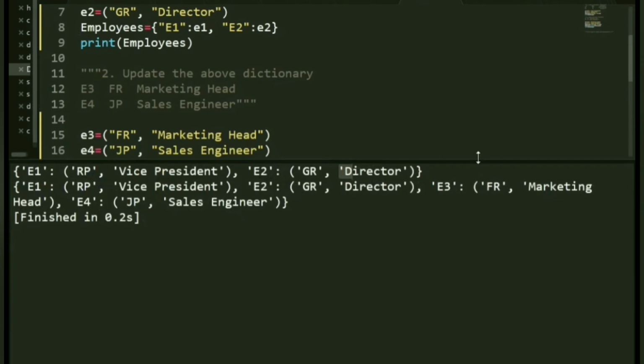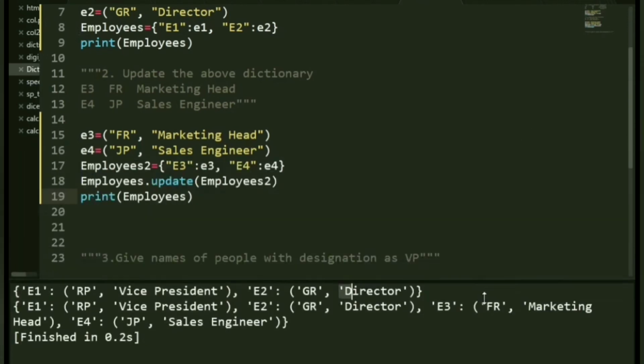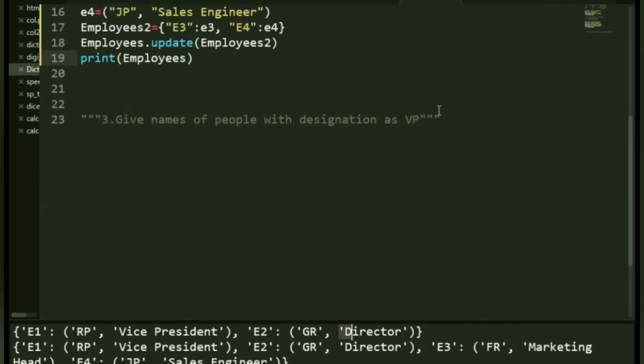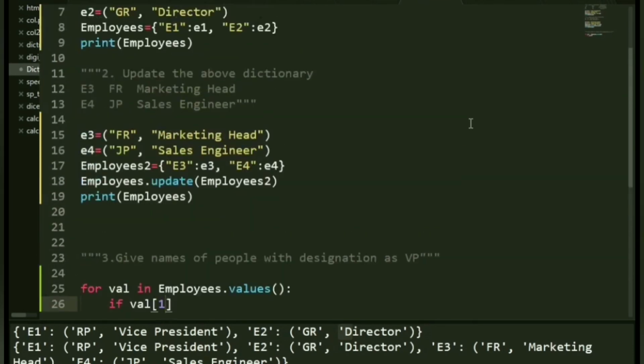Now that we have solved these two, let's go ahead with our last question. That is, I want to give the names of all the people who have the designation as vice president. So I shall simply iterate inside the dictionary, that is for value in employees dot values. Okay, that is, it will basically access all the values, and if val of 1. Okay, now why 1? Because we are inside a tuple, remember.